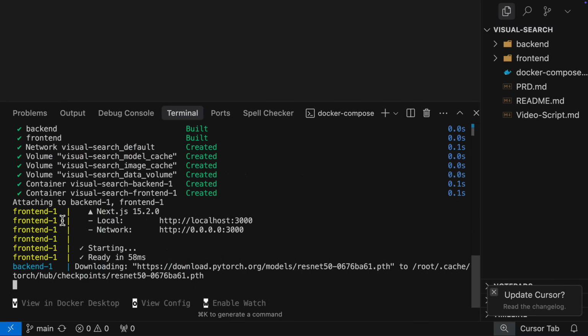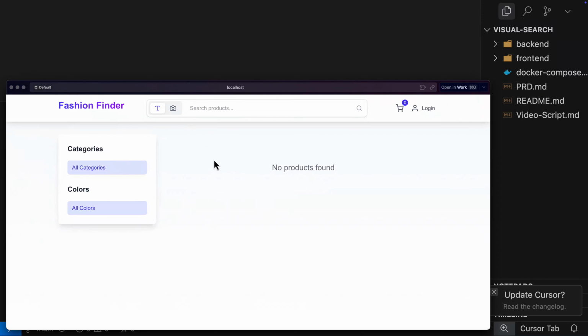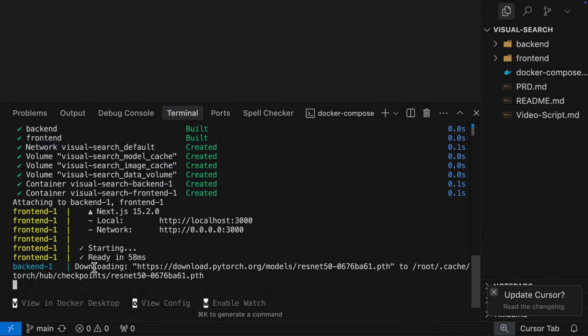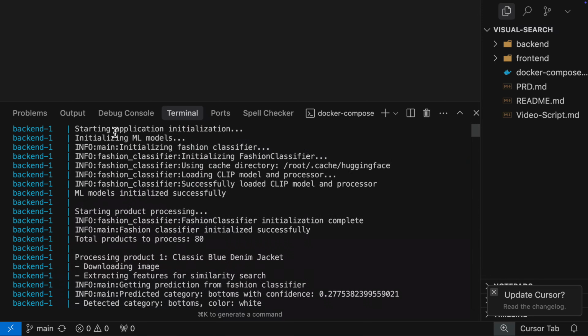Press enter. The front end is ready, but if you open it, you see nothing in the product list. We need to wait for the backend to download models and initialize to display products. Okay, the backend is starting application initialization, and then it starts initializing machine learning models. It tries to use the cache directory, but because we don't have any cache, it goes for loading models from